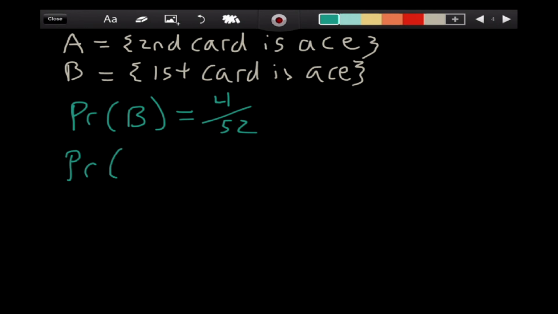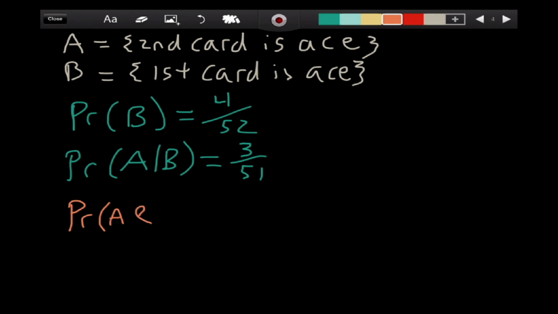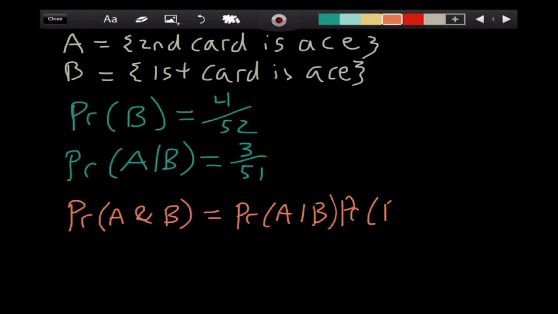We also need the probability of A given B, which in this case is the probability the second card is an ace given the first is an ace. And if we think about this, the first card's an ace, which means that there are 3 aces left in a deck of 51. And so now to get at our probability of interest, remember we want the probability that both are aces, probability of A and B. This is equal to, remember the formula, A given B times B. And we have these already calculated. This is 3 out of 51 times 4 out of 52. Ends up being about